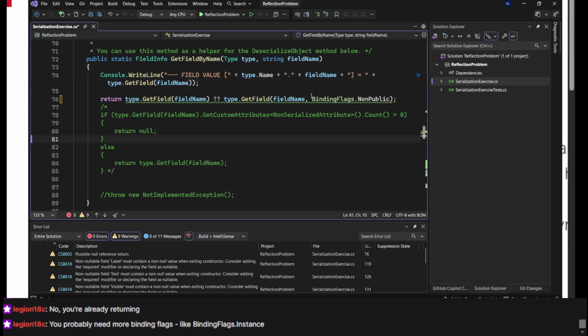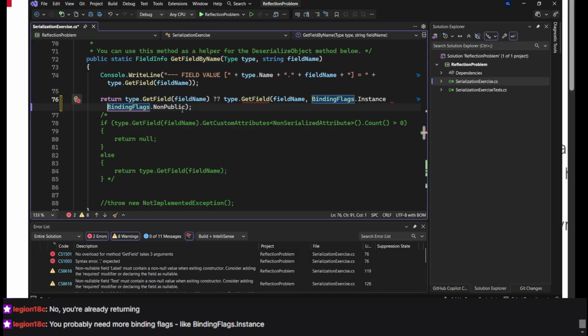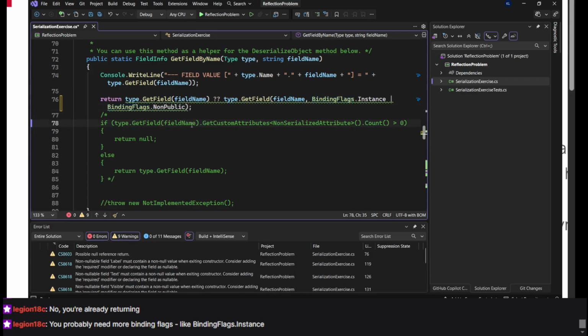I don't know, why would just my one binding flag not be good enough? I don't really understand why I would need the other ones. Because shouldn't it just be